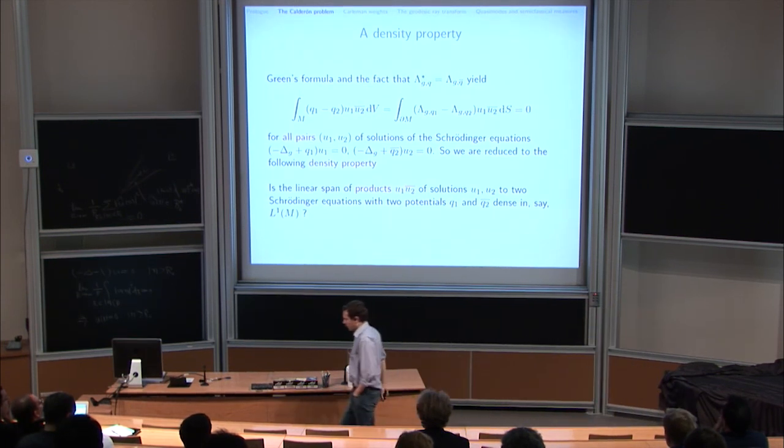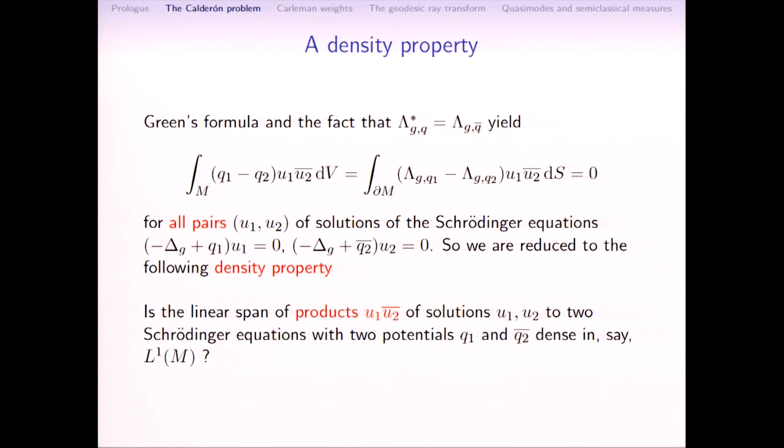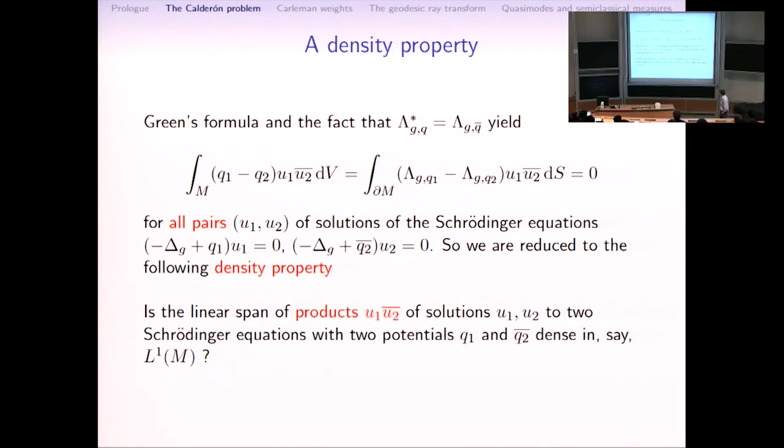Okay, so what is the problem? How does it relate to solutions to the Schrödinger equation? Why did I do this in the prologue? Well, it's a very simple observation, which is based on Green's identity, that if the Dirichlet to Neumann maps